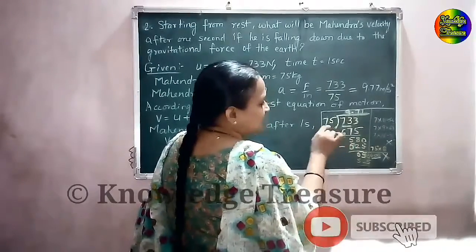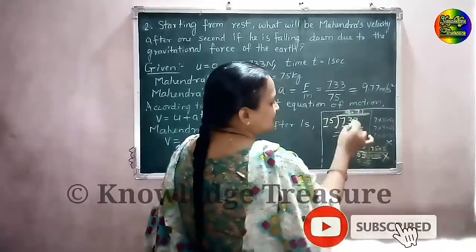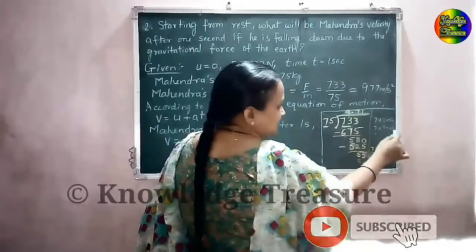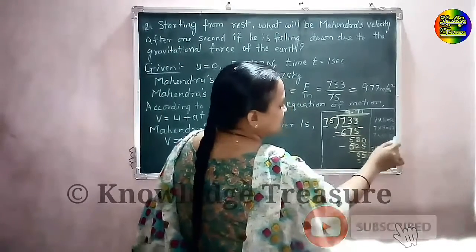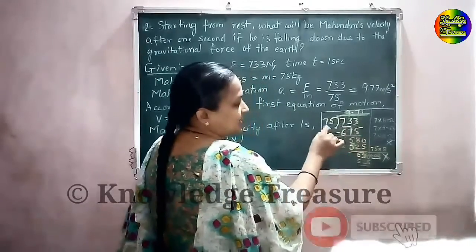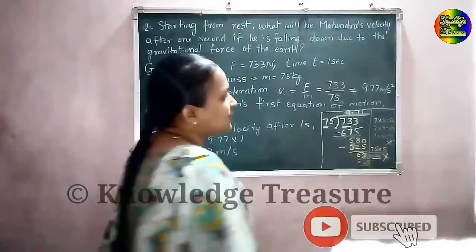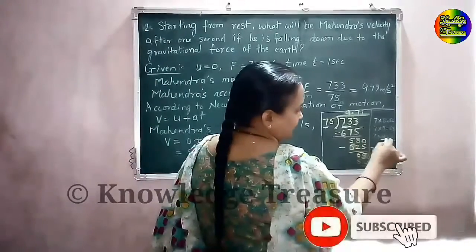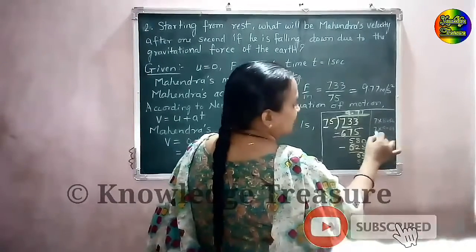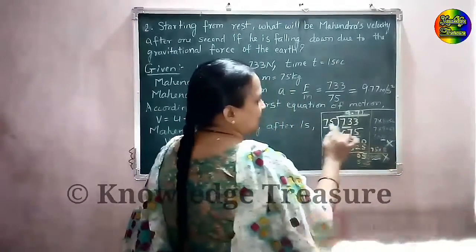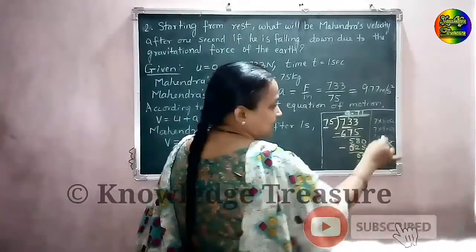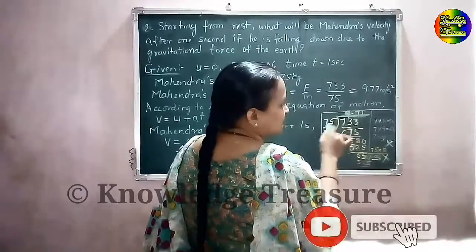When you are dividing, take one digit of divisor and two digits of dividend. So 7 8s are 56, 7 9s are 63, 7 10s are 70. 70 is also less than 73. But this 73 is less than 75, so we cannot take this 10. So this is not possible. So we are taking 7 9s are 63. It's okay, so you have taken 9. If you had taken 10, what would be the multiplication?